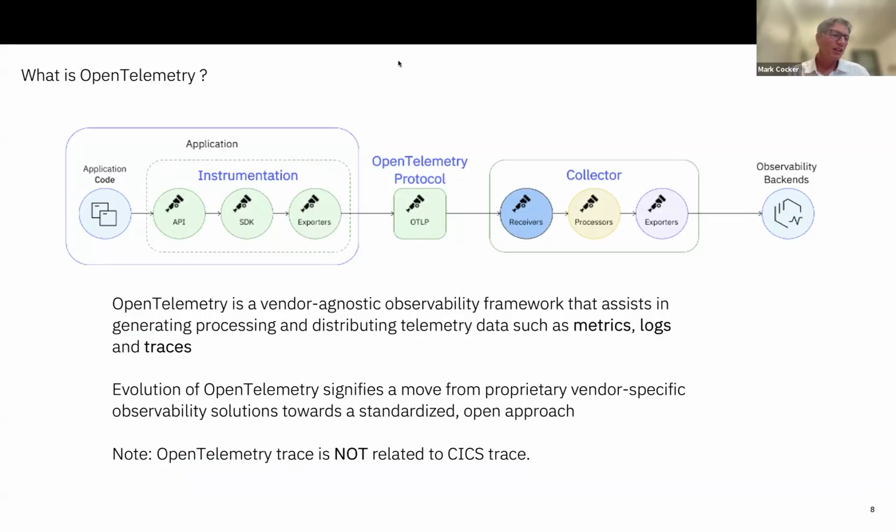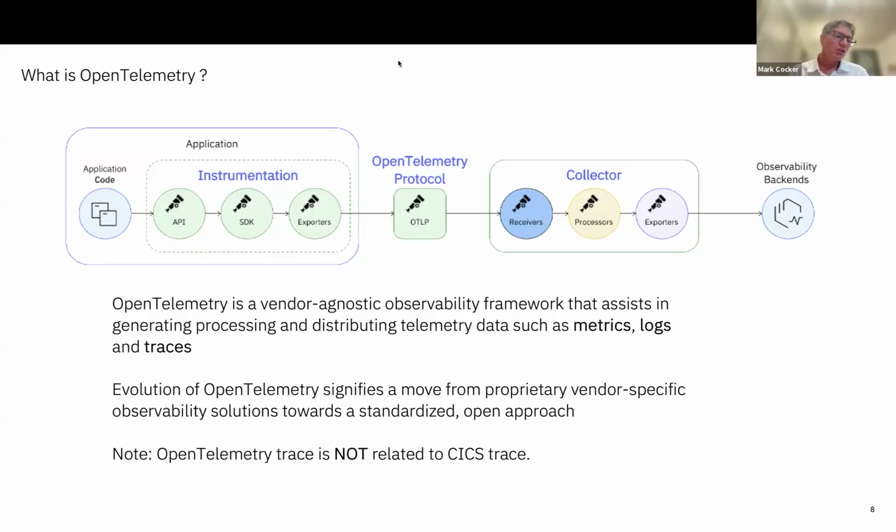There are two different styles of approach. One is that a vendor provides a very specific product to do that, and they provide hooks or user exits, or whatever you want to call them, in a whole plethora of other products, and then says, if you use our tool as an observability framework, you then install all these exits in these other products, and then all the data can flow into our product, and we can show you a dashboard observing the workload.